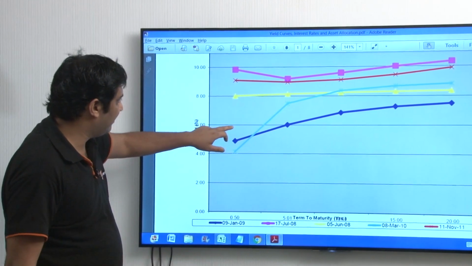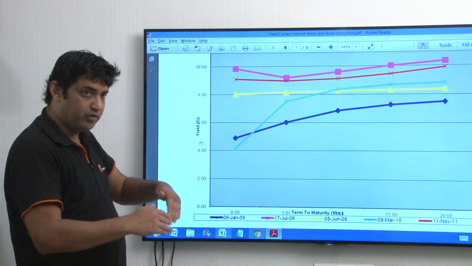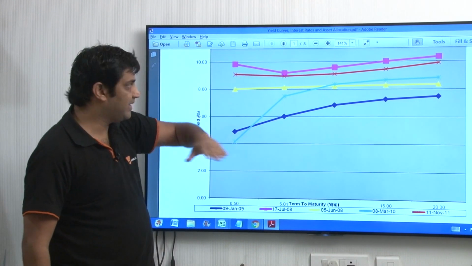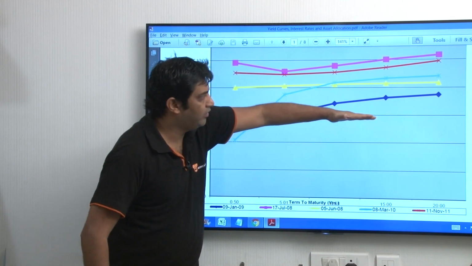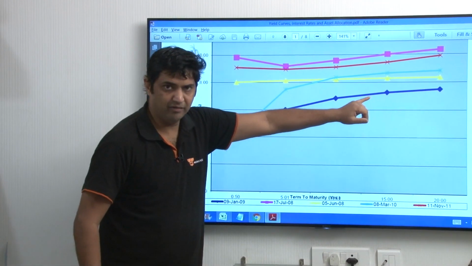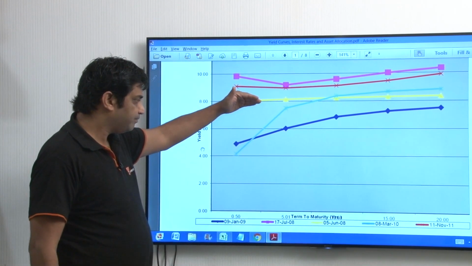this is forming at this level because the yellow yield curve is at an 8% level. Today's yield curve, the flat yield curve, is at this 6% level. So just imagine that this yellow line has come down like this as of today. So this is known as a flat yield curve. What this means, we will come to that in a bit.